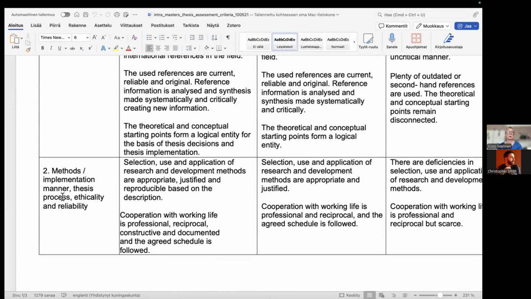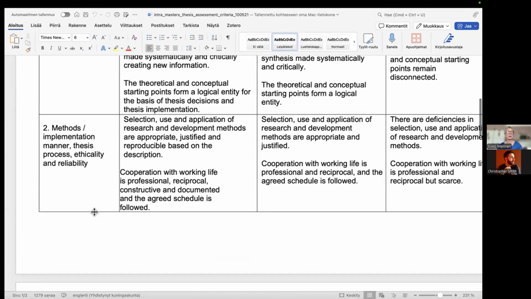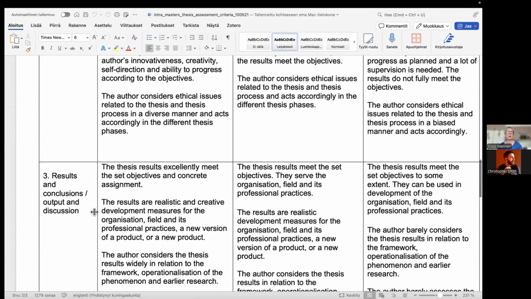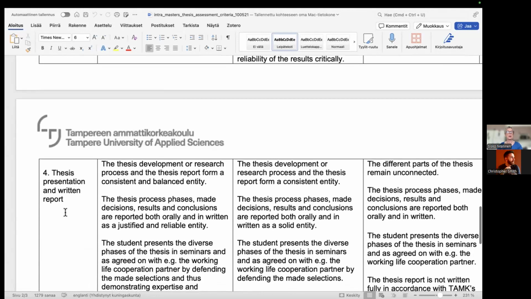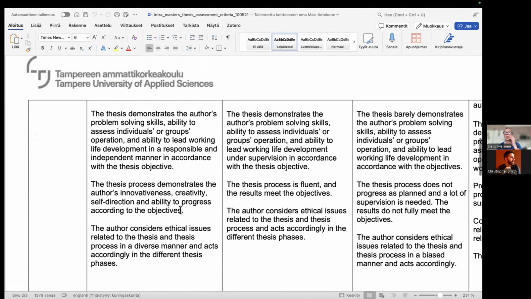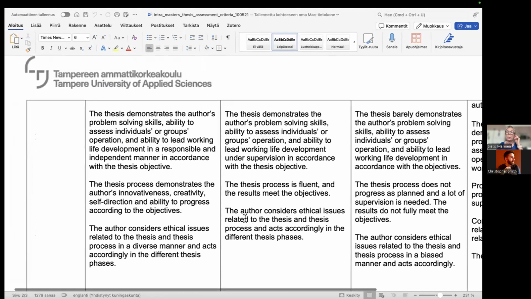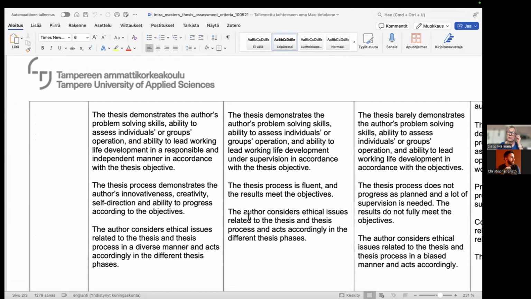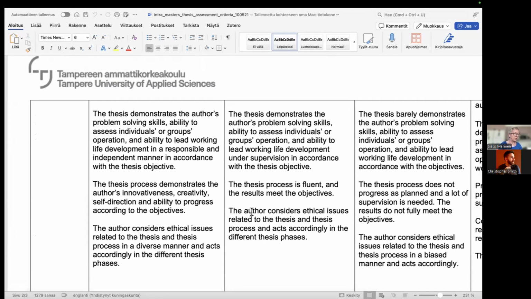Methods, implementation, thesis process, and so forth, and results, conclusions, output and discussion, and thesis presentation and written report. These are the things that we need to grade. And I'm not really very happy with these criteria descriptions. They could be much better, but I'm going to pick some of them,